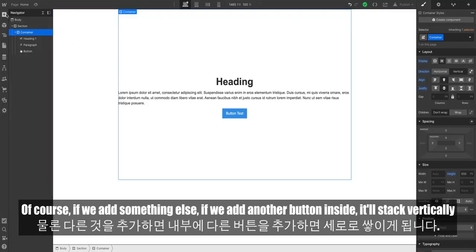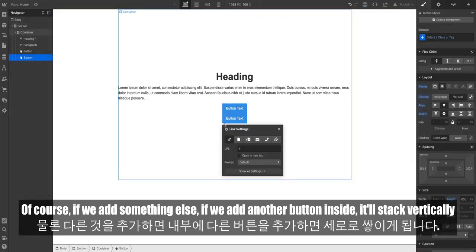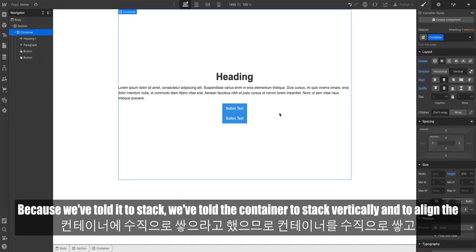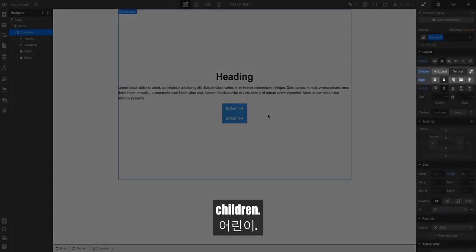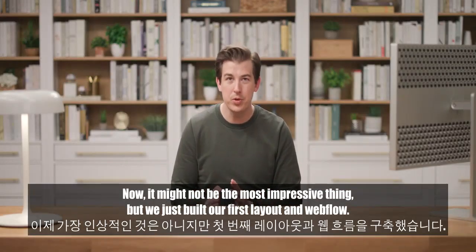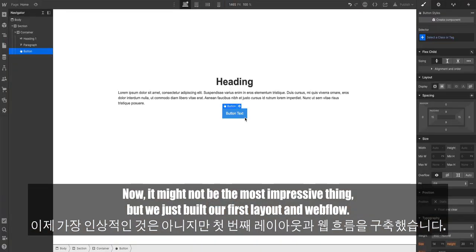Of course, if we add another button inside, it'll stack vertically as well, because we've told the container to stack vertically and to align those children. These 2 buttons look ridiculous. Let's delete one. Now, it might not be the most impressive thing, but we just built our first layout in